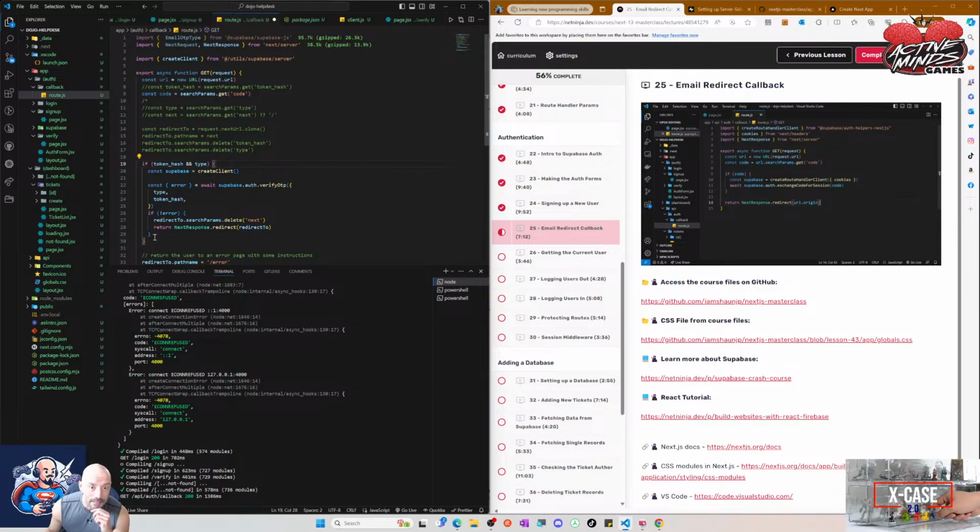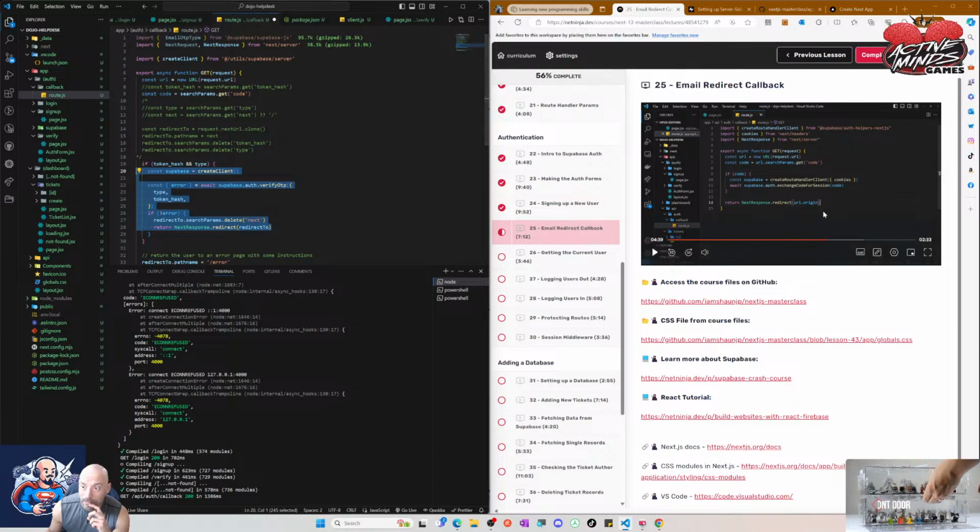Because all he's doing here is simple. He's trying to keep it simple. He's just trying to teach you the basic stuff. What I'm a little concerned about is here you don't see any call to cookies at all. And I don't know, can I do that? Because create router handler client cookies, it's like we're not the same. So we're creating a client. We have Supabase create client, and then